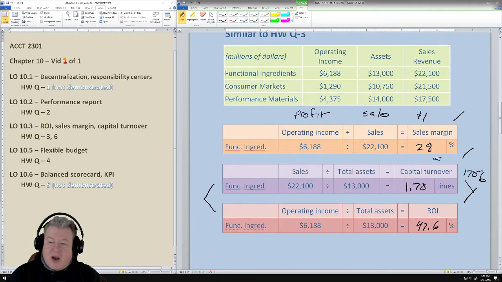This is our profitability, that's the sales margin. This is for every dollar of assets, what are the total sales it's generating? And for every dollar of assets, how much profit are they generating? So that's another one of these performance target measurements that we would measure when we go through and look at variance and whatnot. In other words, we may be trying to improve sales margin, and improve capital turnover, and improve ROI. So we would track this over time, or we compare it to another company to say, are we doing better or worse than they are?